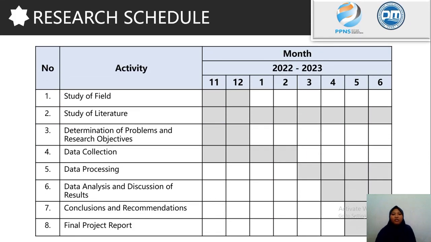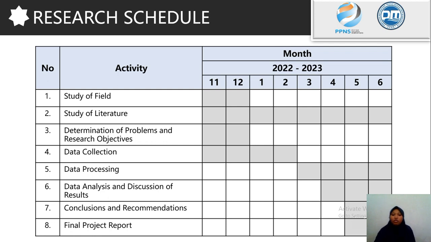Okay, this is the research schedule of this final project. The first is study of field, starting from November until December, and then the second is study of literature, starting from November until June, and then the third, determination of problems and research objectives, starting from November until December,